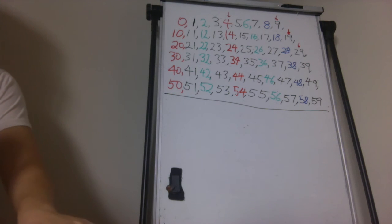So actually, one of the reasons we're counting by 2s and 5s, okay, is because they're related to 10, because 2 times 5 is 10. Imagine if you counted by 10. Do you know how to count by 10? 10,